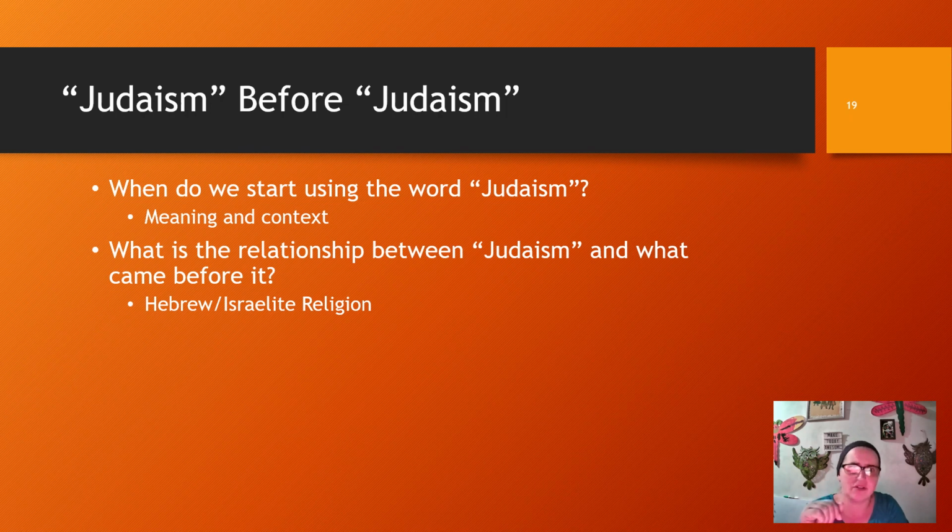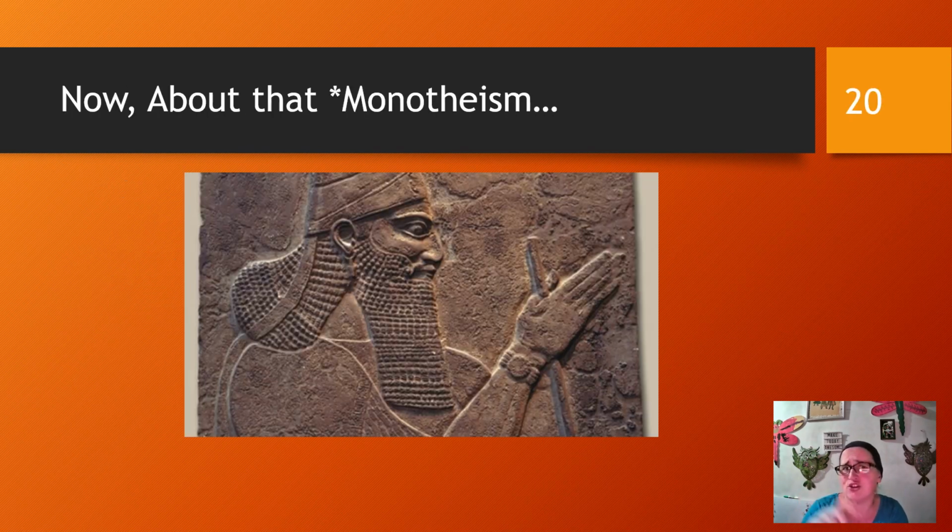But here's one of the big differences. Remember when in class 2 or 3, I put that little asterisk beside monotheism? Yeah, ancient Israelite religion wasn't monotheistic. Monotheism means the worship of one God, the acknowledgement of one God, the belief that there is only one God. Ancient Israelite religion, for the most part, worshipped only one God, but they believed other gods existed. It's very much in an ancient mindset of, yes, there are lots of different gods, but my God is best. And that is actually henotheism, not monotheism.